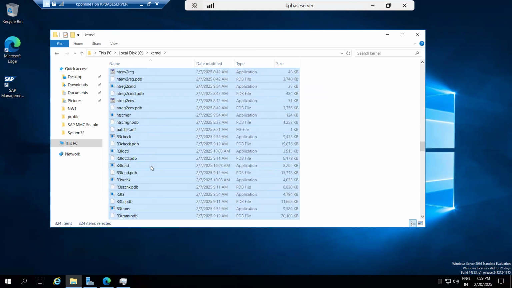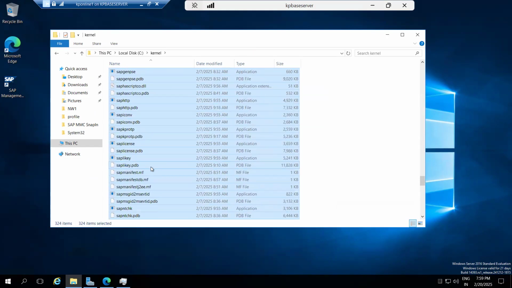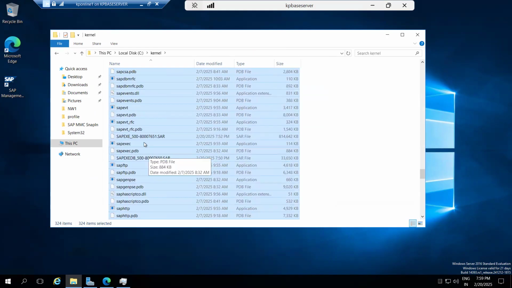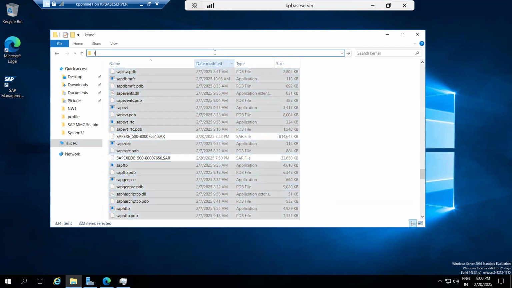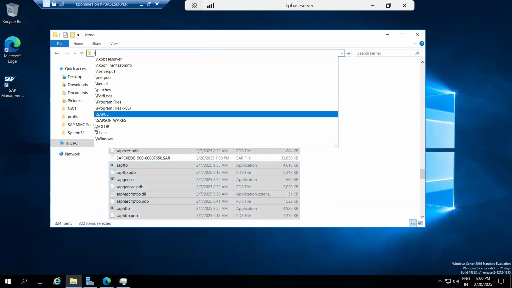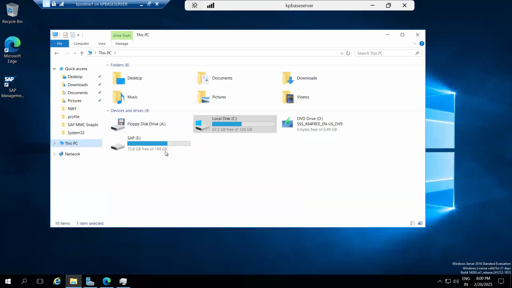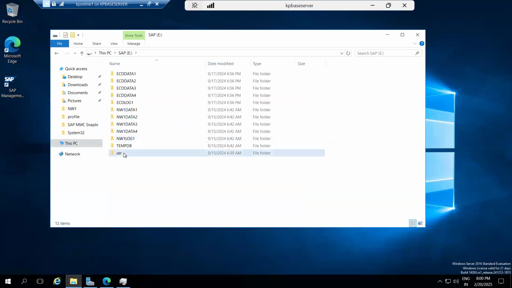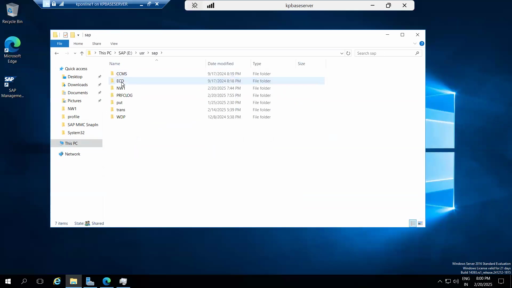So the SAP EXE SAR files are not required, you can just exclude them. You copied the new kernel files here. Then you need to perform the override on the SAP system side here. Override means, suppose for example, you copied the new kernel, you are going to